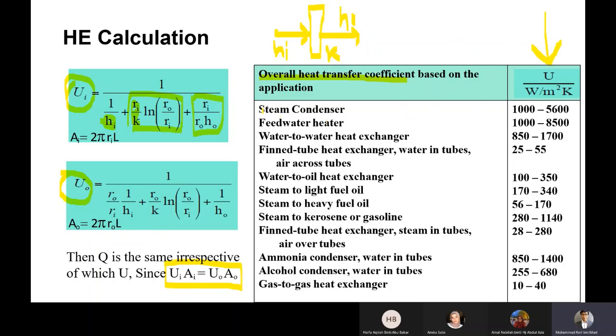When you want to condense steam, you have more or less this value. When you want to heat water, but not evaporate it, you will have more or less this value. If you want to heat water with water, you will have more or less this value, and so forth. So this table is highly important for us as engineers to be able to do